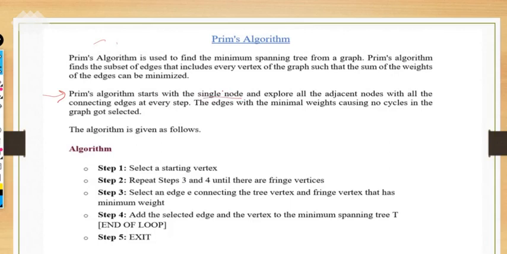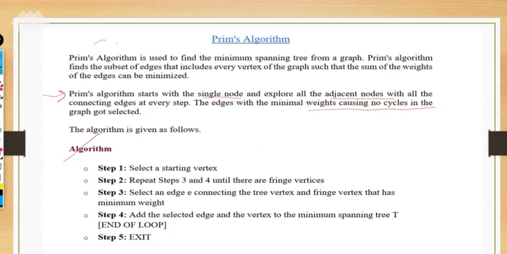To execute, it will start from any single node, and it will explore all the adjacent nodes with respect to that node. Then we will select the minimum edge weight. Okay, and by connecting all the vertices without any cycle, we will calculate the minimum weight here, right? So we will do the same thing step by step by taking an example. I have mentioned the same thing here in the algorithm.